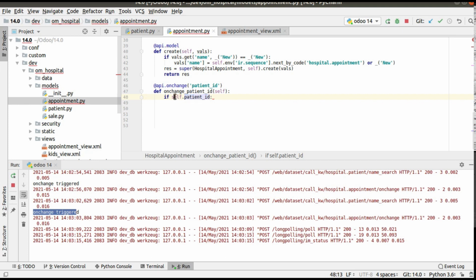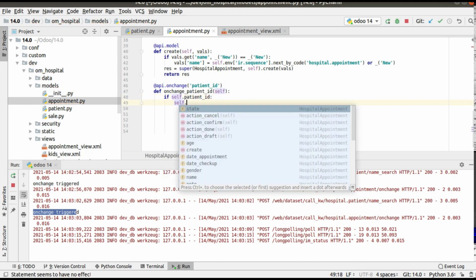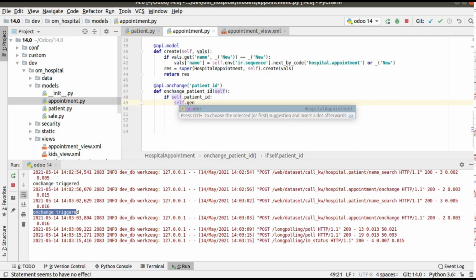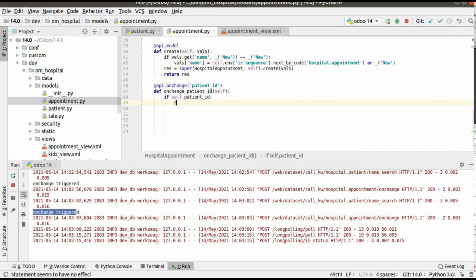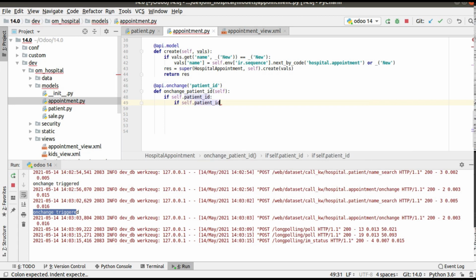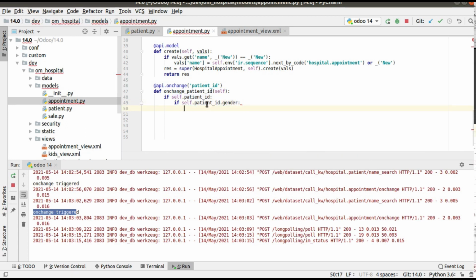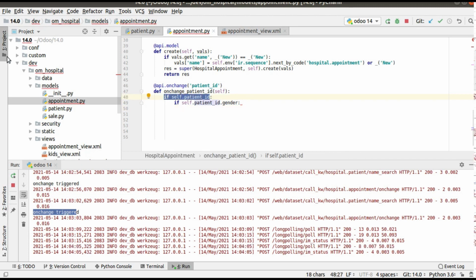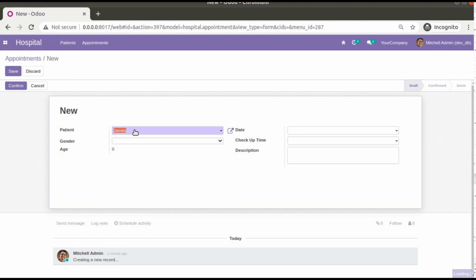That is, self is my object, and I'm checking whether there is a value in the patient ID field. If yes, I'll be checking self.patient_id.gender, whether there is a value inside gender. That is, self.patient_id will check whether there is a value selected in this field or not.